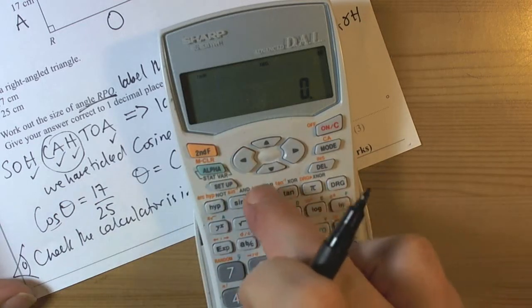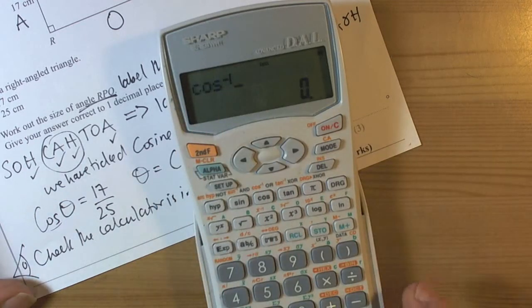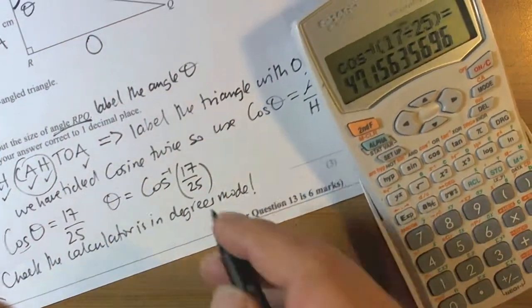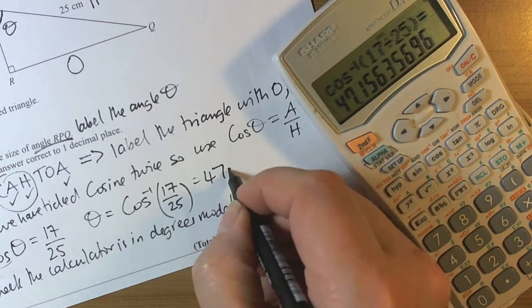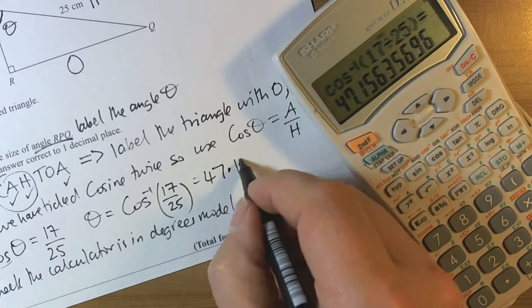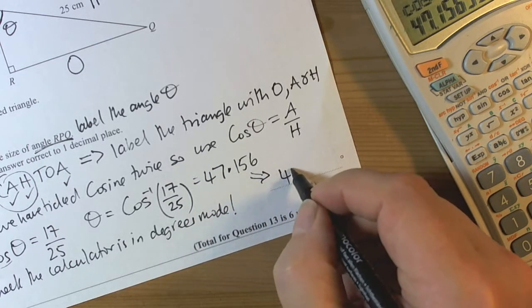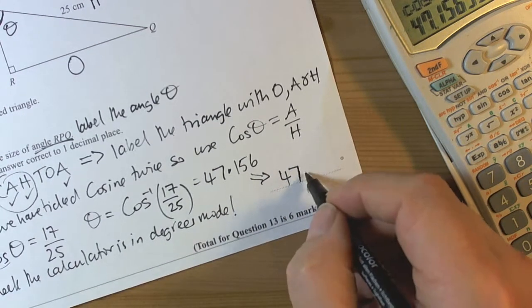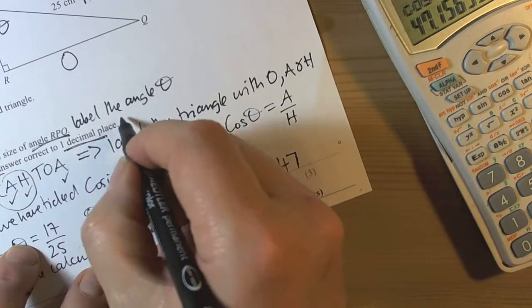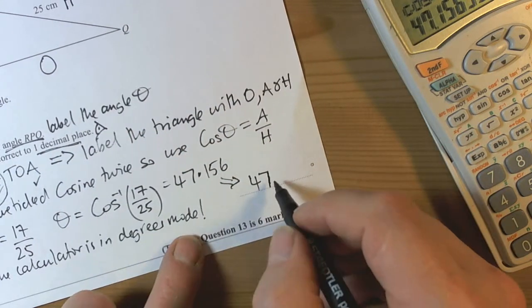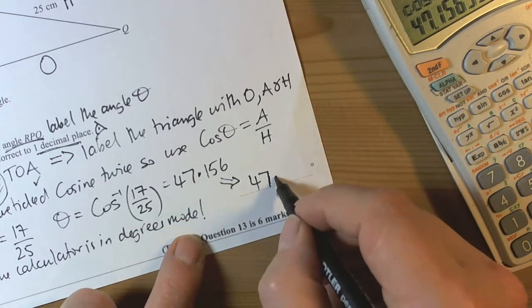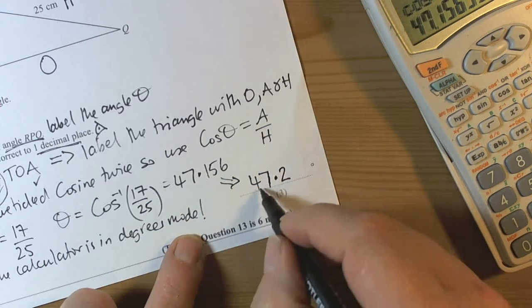So second function, cos to the minus 1, so that brings up the cos minus 1 function. Bracket, we're doing 17 over 25, so 17 divided by 25, close the bracket, equals 47.156, and to one decimal place, because the question said write the answer to one decimal place, so I've got to watch for that as well. The 5 changes the 1 up, so it becomes 2. So it becomes 47.2